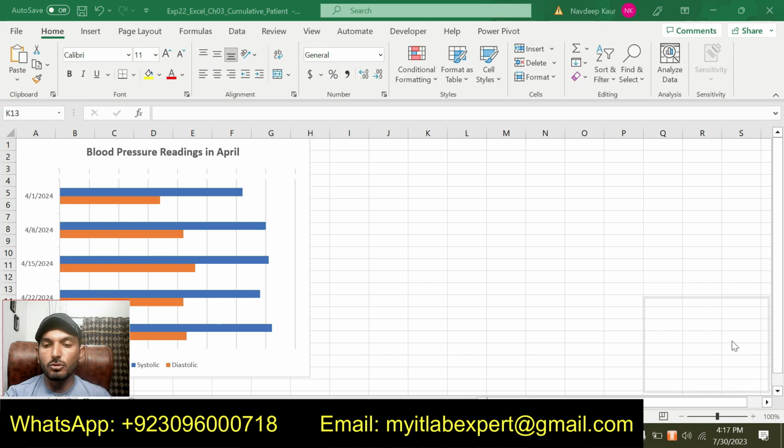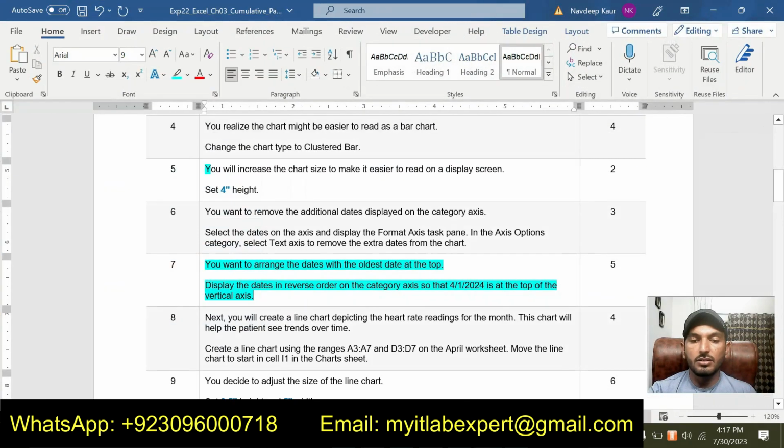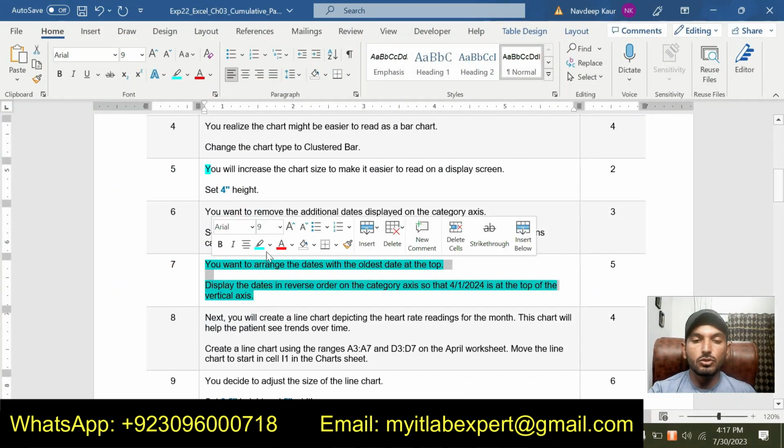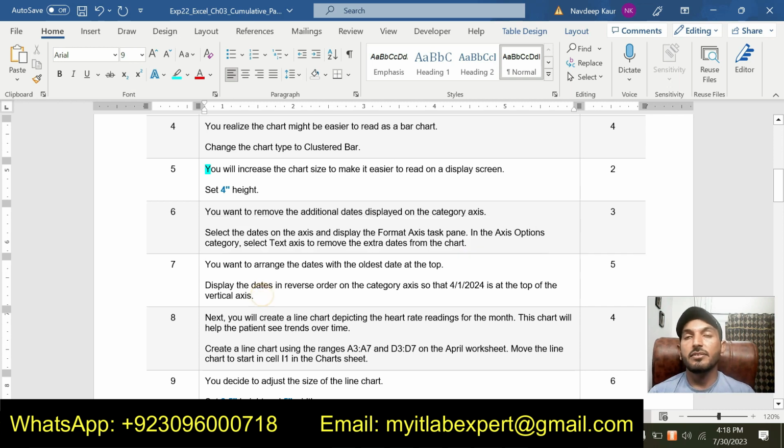So that is all about step number 7, and we have completed this step. So basically we have completed 7 steps so far. I am showing you each and everything in these steps, and now we will move to the next step, that is step number 8.